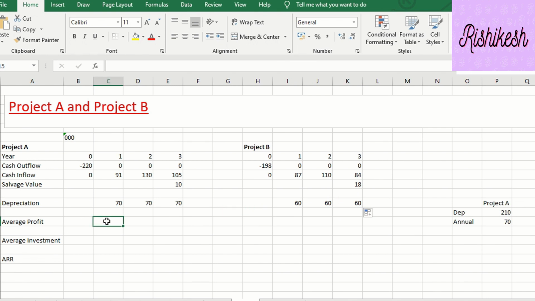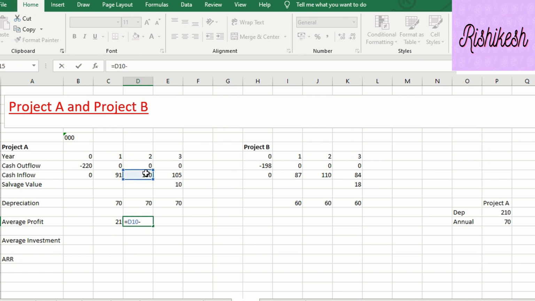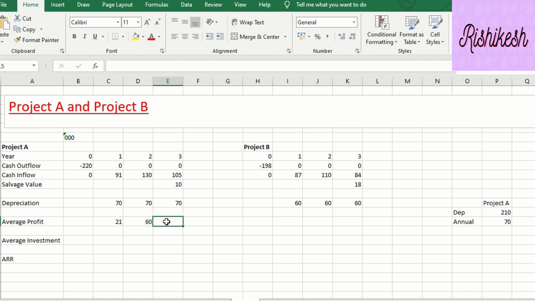Yes, we can calculate. So at the end of first year, can I say that cash inflow was 91? Depreciation is an expense because you are losing out on it, so it's a cash outflow. So I will minus depreciation. So for me, the profit at the end of first year will be 21. At the end of second year, the profit will be 130 minus 70. That comes out to be 60. And for the third year, the profit will be 105